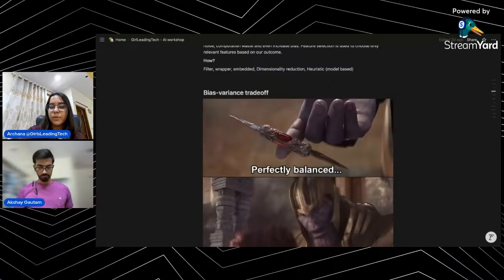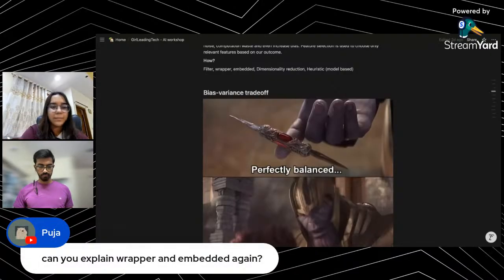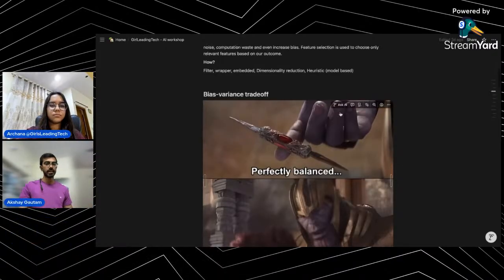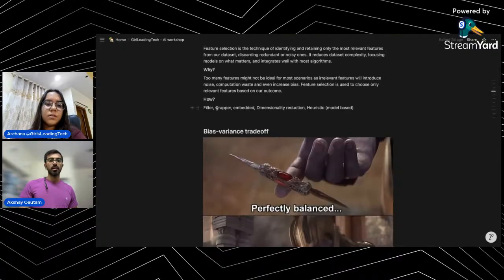Yeah, we have one more question by Pooja, and that is, can you explain wrapper and embedded again? So okay, again, wrapper and embedded techniques are advanced techniques, right? I would suggest that you go and read about this on your own in detail, because I cannot cover all the nuances in this session. But just so you know,